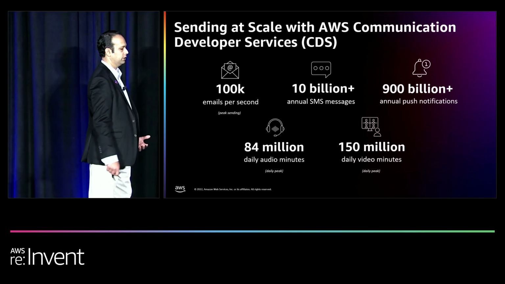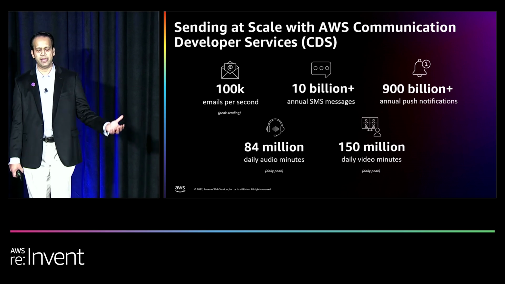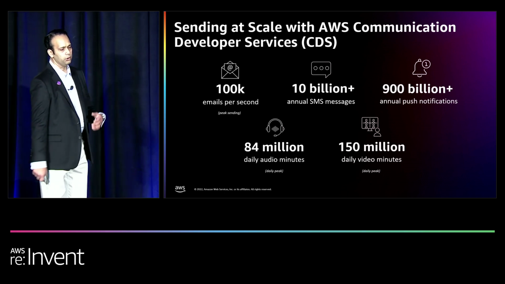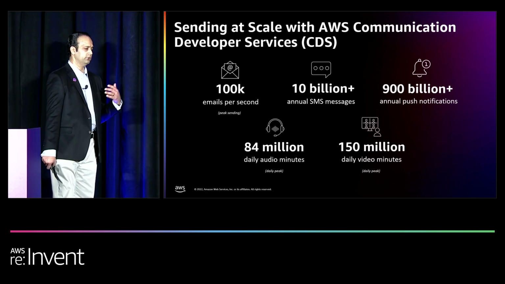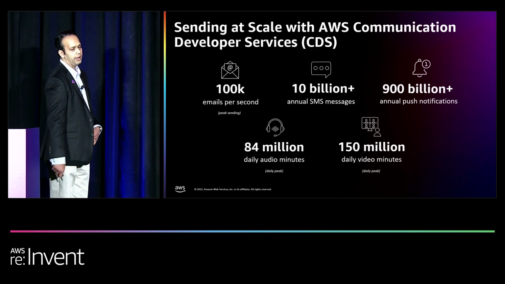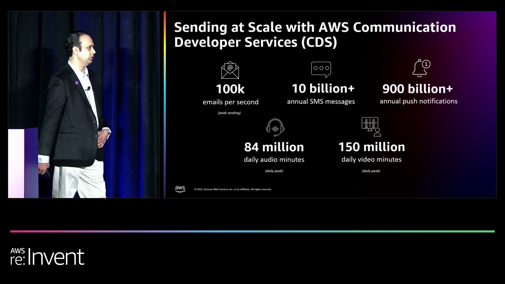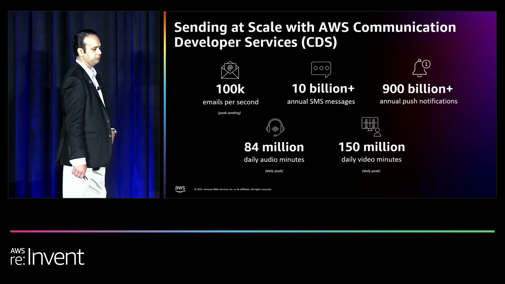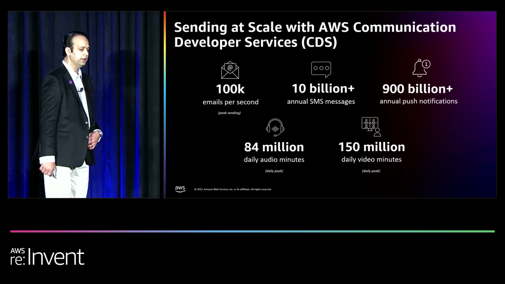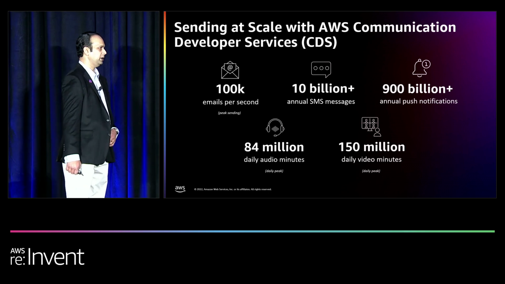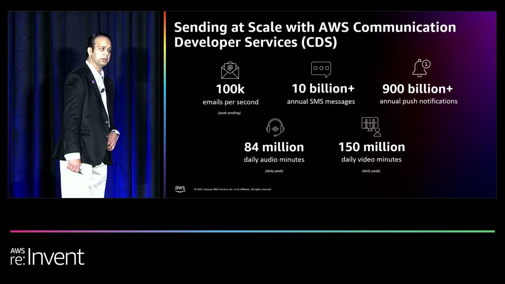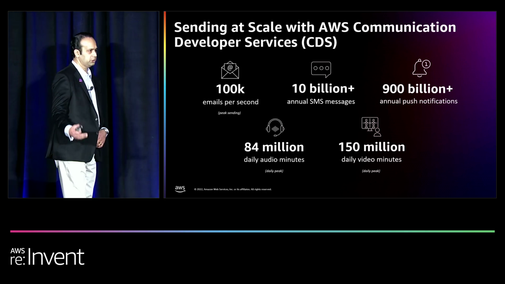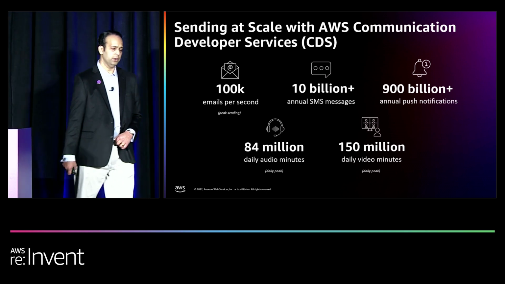And in terms of the scale that these services operate at, we're talking about billions of audio sessions and video sessions for customers like Slack with, for example, Slack huddles, to over 10 billion SMS messages sent globally through Pinpoint and also through the simple notification service. In-app notifications to mobile app users sent through Pinpoint as well. And of course, SES has been routinely sending out hundreds of thousands of emails per second globally across multiple regional endpoints for use cases as we just described for the US Postal Service.